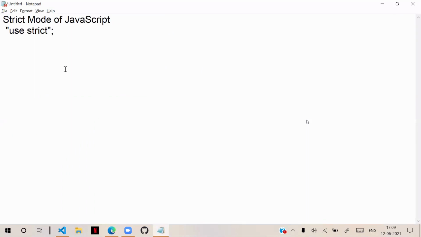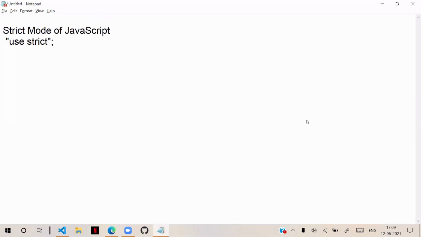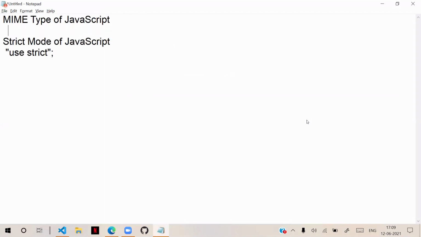Another important point. Now you are clear with the MIME type of JavaScript and strict mode of JavaScript. MIME type is text/JavaScript. It tells the browser that this is JavaScript code.